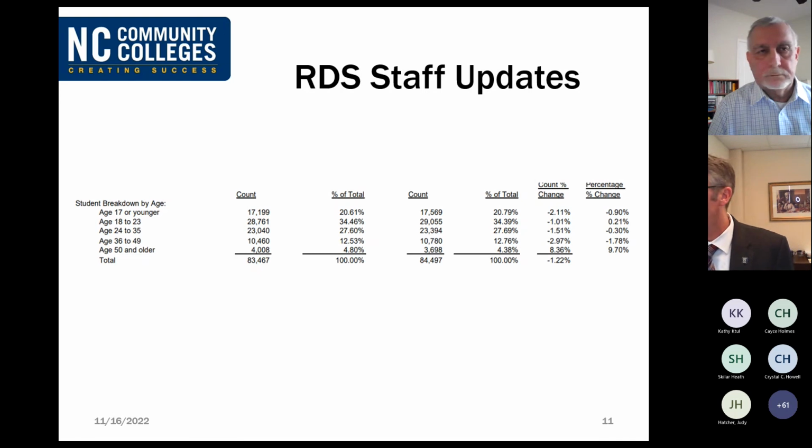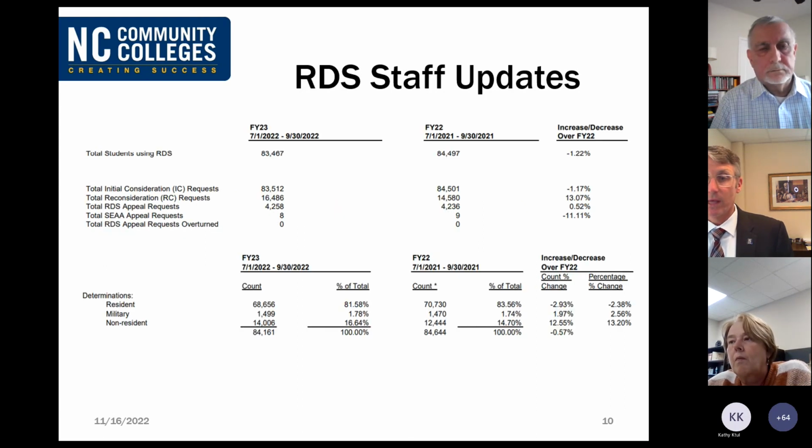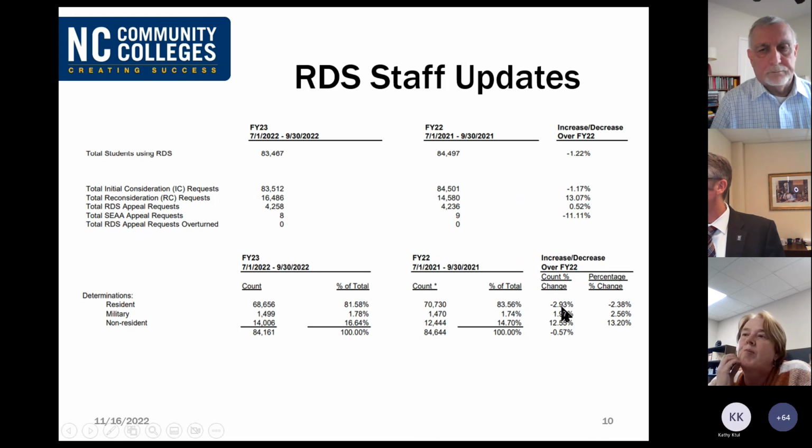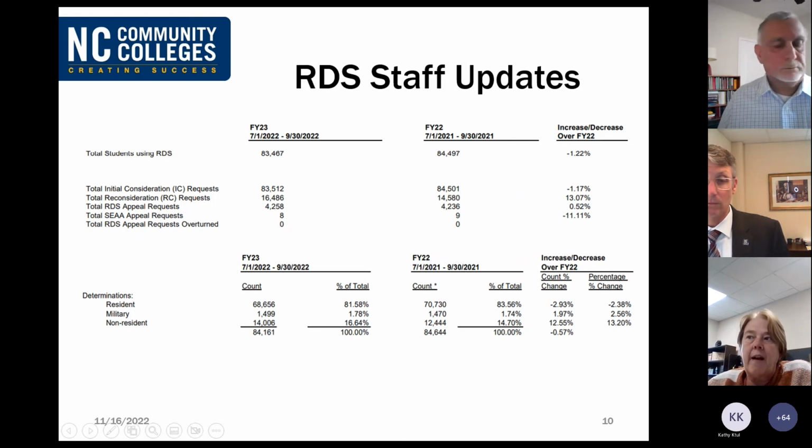Tracy, I did have one question for you though on the stats, and I know you'll just be guessing at this, but I did want to point it out. If we look at the percent of residents, it's interesting that the percent of residence determinations went down by almost 2 1/3 percent. Do we have an understanding of why there are less people being classified as residents? My guess would be that